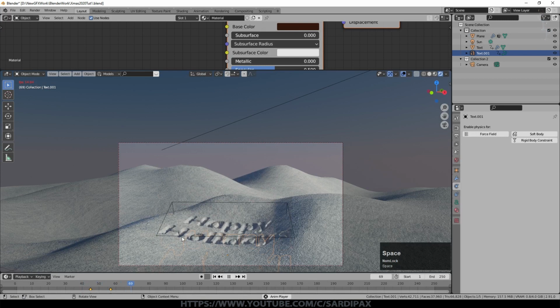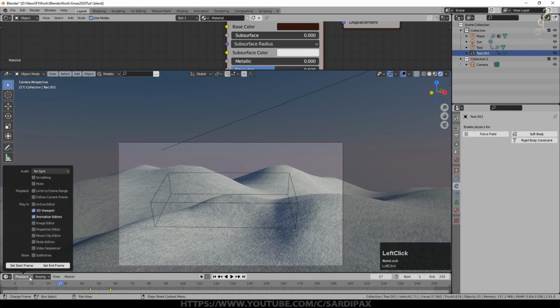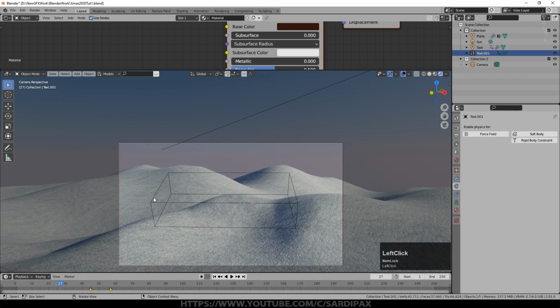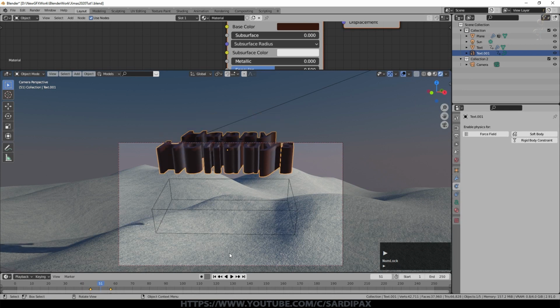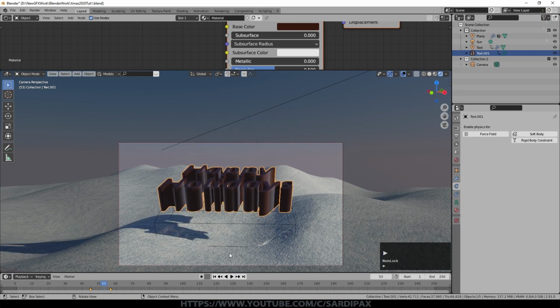We can try, that doesn't look too bad actually. We can try under playback, say frame dropping. What that will do is skip frames to try to achieve the 25 frames per second, which is the default. It's still not making it though, because it's got a lot to do. I think that's not bad, even taking account of the fact that that text is falling a little slowly. If we go slowly now, so you can see the text is starting to appear just before that gets there.